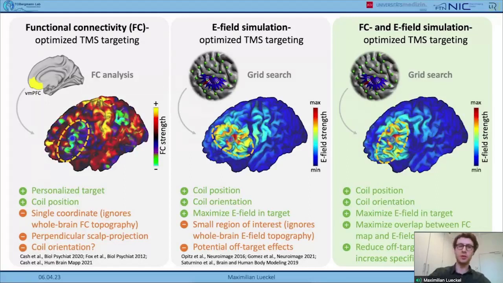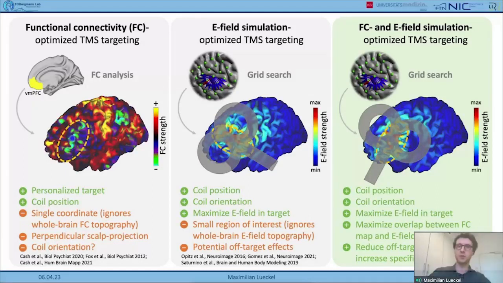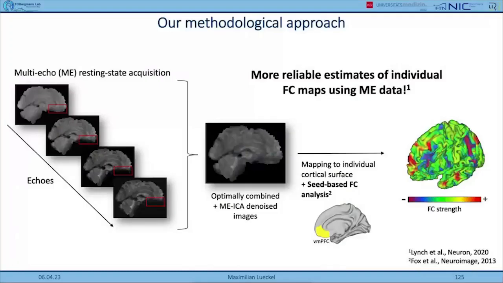And also, next slide, please, you can see that these two approaches would result in considerably different coil orientations. Next slide, please. At the moment, we're using this approach in a TMS fMRI study where, first of all, for all of our subjects, we generate an individual whole brain functional connectivity map